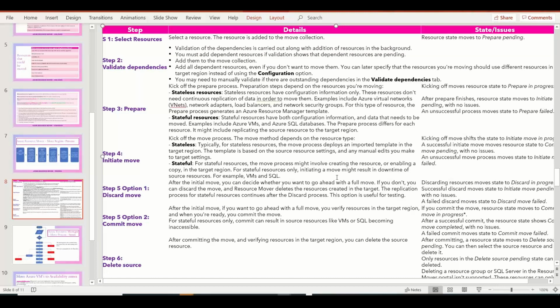If you want to commit the move, it is the final step where you commit it, and the source resources will not be accessible because they will become stale after you commit the move. And if you want to delete the source after the movement, you can go and delete the source as we did just now. So these are the